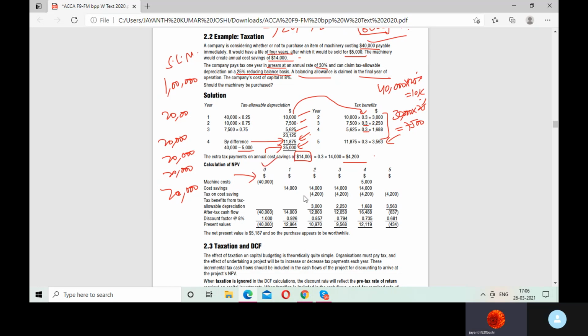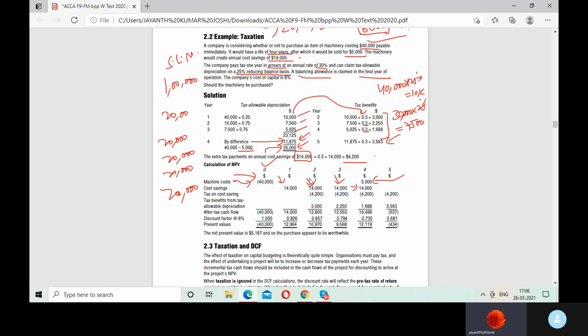You are getting some cost savings. They said it in the question itself, 14,000, yes. So cost savings from the next year, at the year end, first year, second year, and third year and fourth year end. Okay, and in the fourth year you are selling your machinery also, at 5,000. That also you are going to receive. Correct or wrong? Correct, sir. That is from the machinery's perspective.